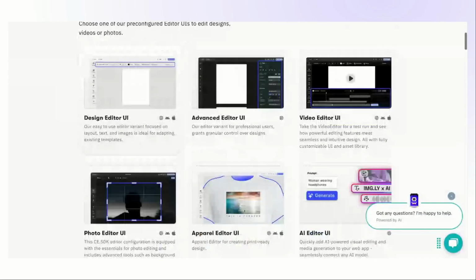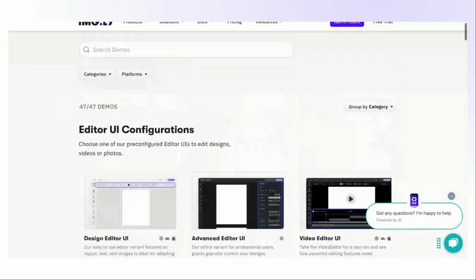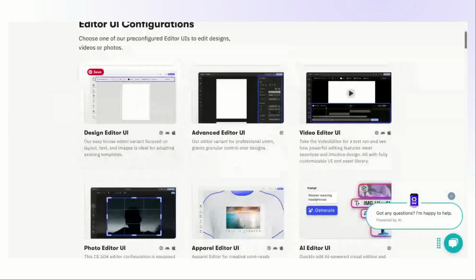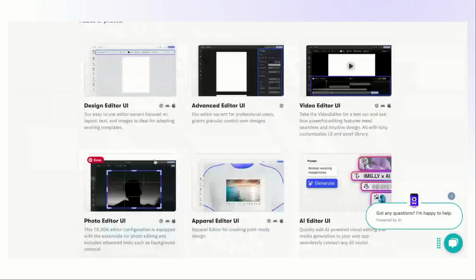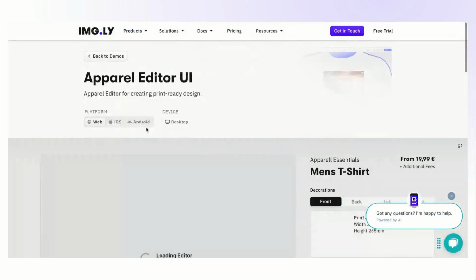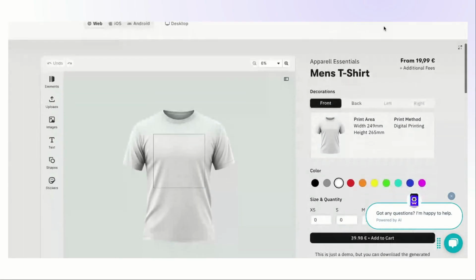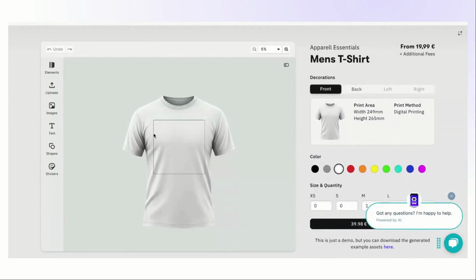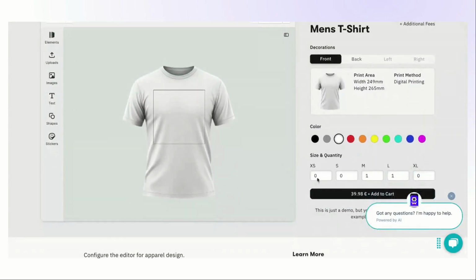Usually the easiest thing you can do is configure the editor. A lot of stuff you can already control by just passing in a config object and telling the editor: include these tools, there's a theme, I don't want to show this functionality. And this is how you can go from an advanced editor to something like this apparel focused UI, loading in the t-shirt in the background. I mean, this is